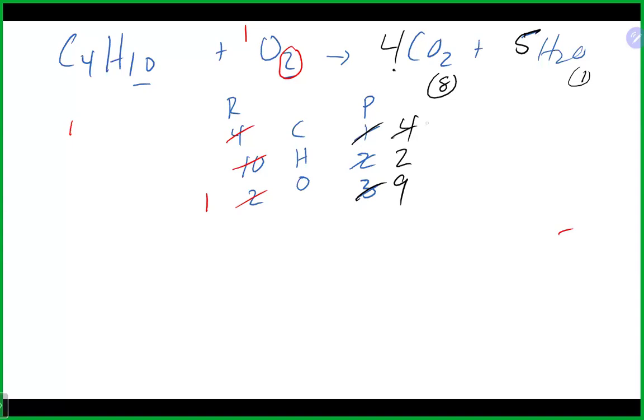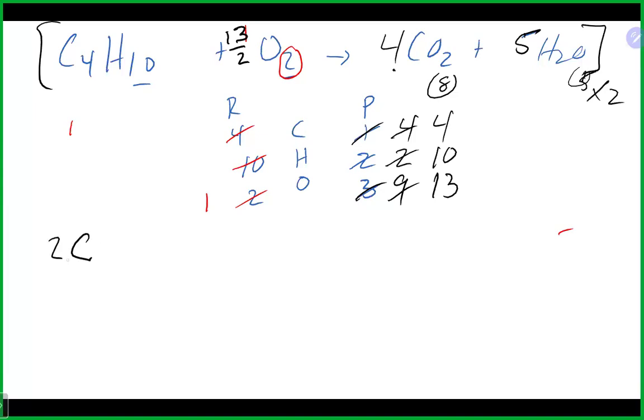And we would then have 4 carbons. We would have 10 hydrogens. And now we will have, how about 13? Close. So 13 over 2 would be a winner for our fraction. Once again, the number up on top is the number we need. We're now going to still multiply by 2. And now we will end up with 2